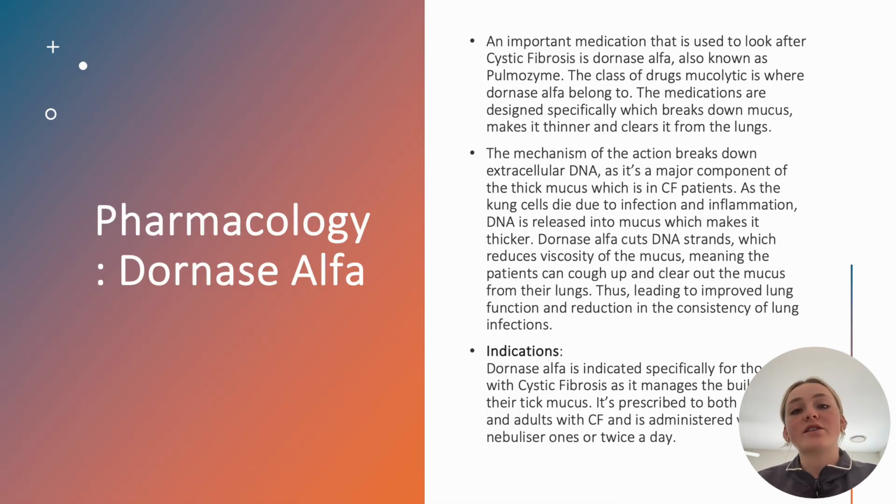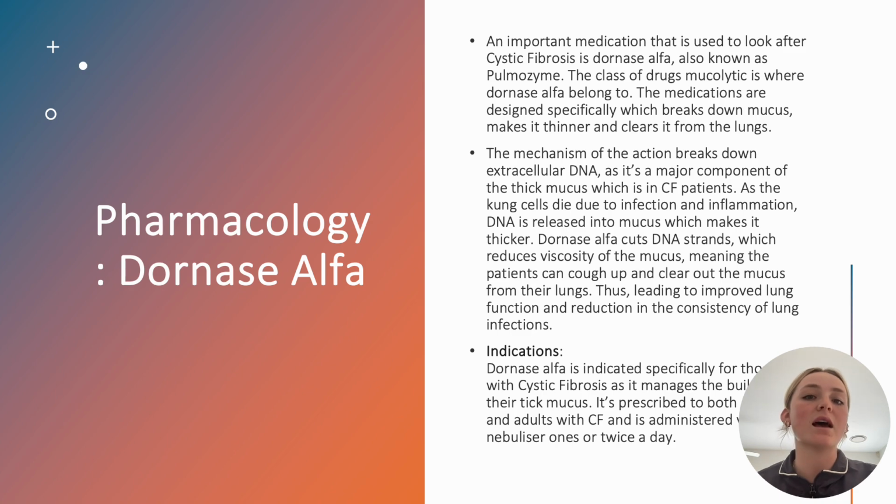An important medication that is used to look after cystic fibrosis is dornase alfa, also known as Pulmozyme. Dornase alfa belongs to the class of drugs called mucolytics. These medications are designed specifically to break down the mucus, making it thinner and clearing it from the lungs. The mechanism of action breaks down the extracellular DNA, which is a major component of the thick mucus